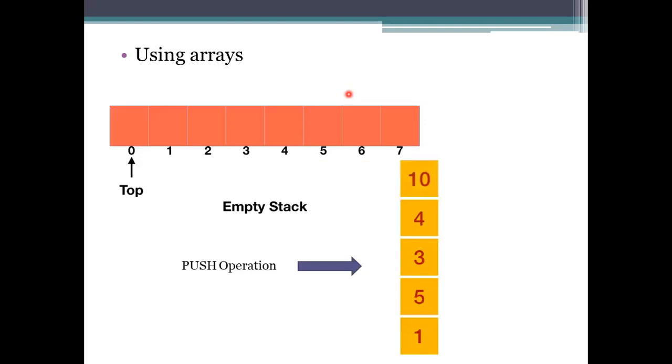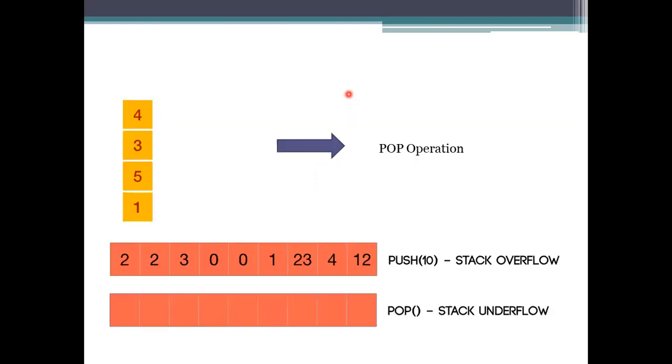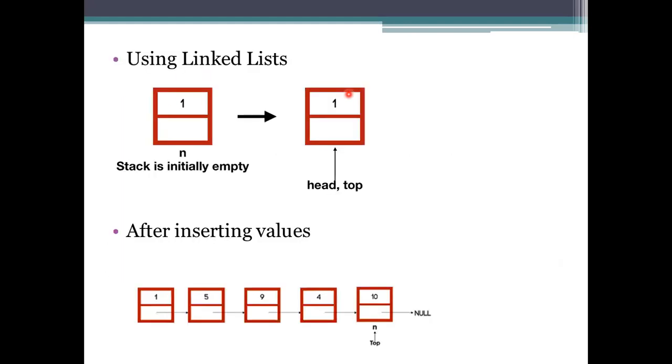How are we going to insert the data here? Just as with arrays, you first initialize and give space to the array, and then add the elements one by one. The pop operations work like that too. One by one the elements are deleted. To insert an element, we need to check whether the stack is full. The example here is a push of 10 being specified as stack overflow, and popping when there are no elements is considered underflow.